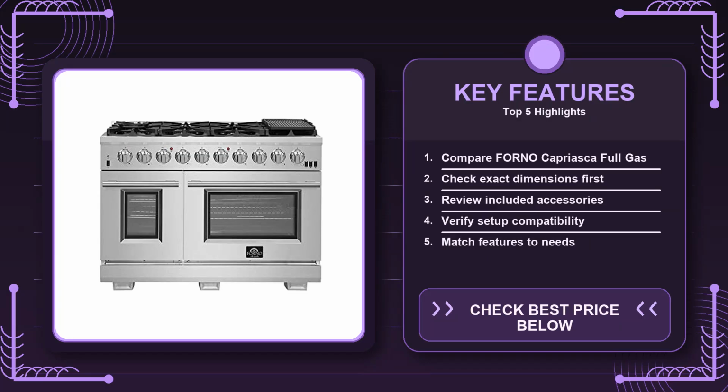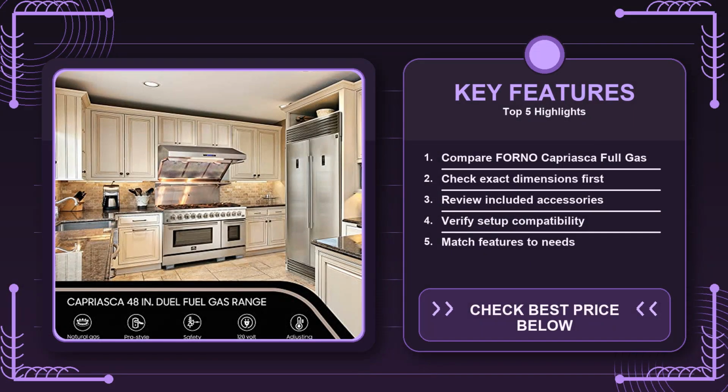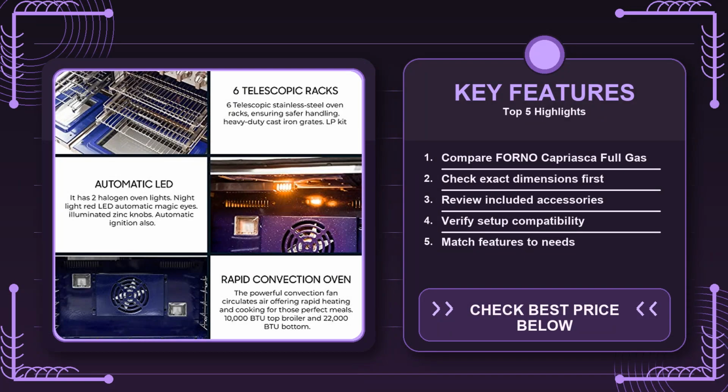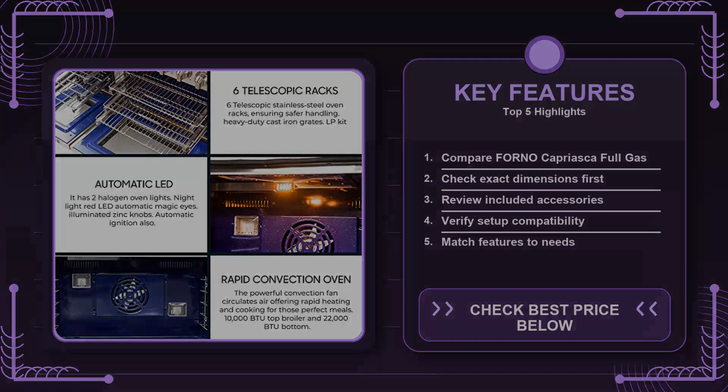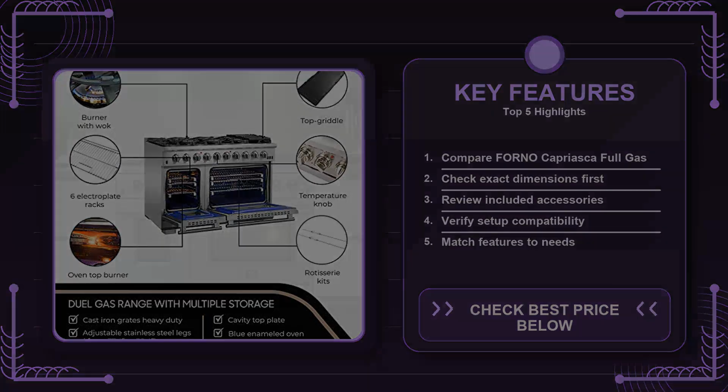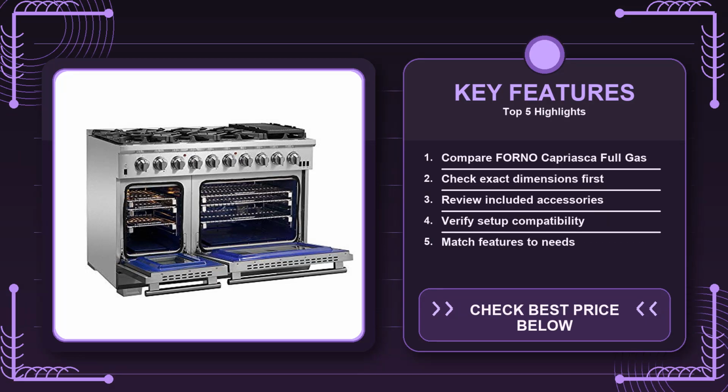The weaknesses are a bit more nuanced. The sheer size can dominate an open-concept kitchen, potentially making the space feel less airy. The convection fans, while effective, add a subtle noise that can be audible in a quiet house. The control knobs, though reliable, lack the modern feel of digital panels, which could matter to tech-savvy buyers. And finally, the gas-only configuration means you don't get the